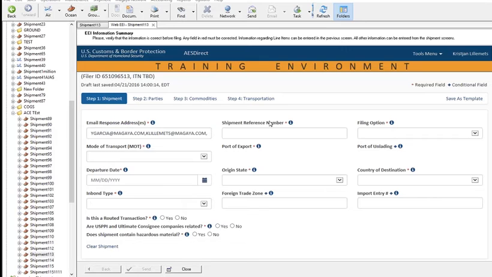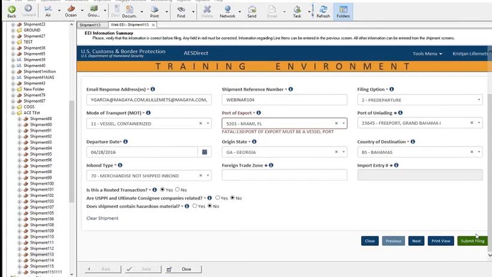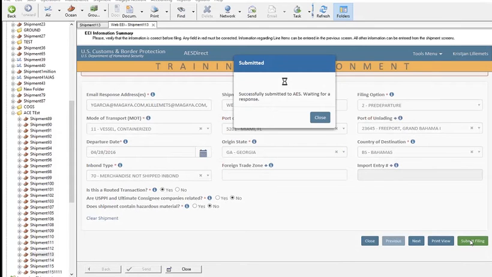This will take me back to the filing here, and it will highlight nicely where the errors were. I will see on the tabs here as well, little red numbers with number of errors per tab. And mine actually was here on the port of export. It looks like I used the incorrect Schedule D code. So I might be really tempted, because it was just a quick fix, to fix it here in the portal and then go and also fix it back in Magaya database, obviously, because you want your data to be consistent. So fixing it here and submitting again, I will get a success message, but this success message will